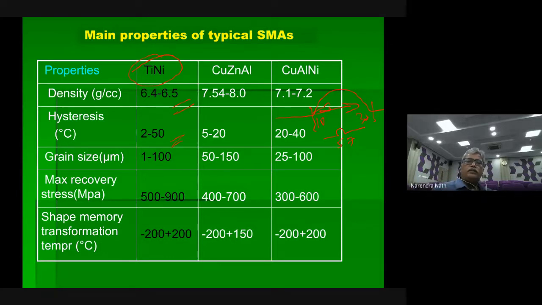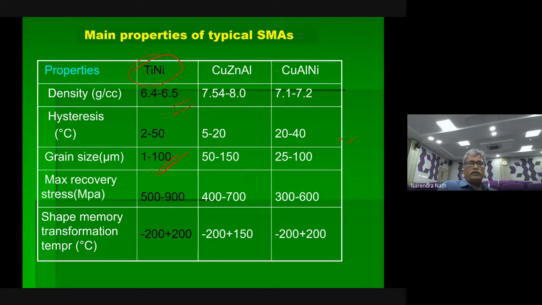In a quick mechanism, suppose pick and place, it's very quick, so then you have to go for lower hysteresis. So that is one advantage when compared to the remaining. Similarly, you can see this grain size. Grain size you can go as low as 1 and as high as 100. That again depends on what processing routes you are going to use, and later on what kind of heat treatment process you are going to do, and later on what kind of secondary process you are going to use. So based on that also you can dictate, you can tailor-make.